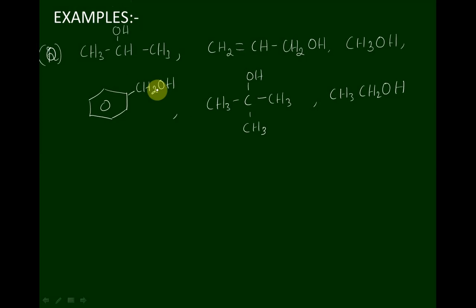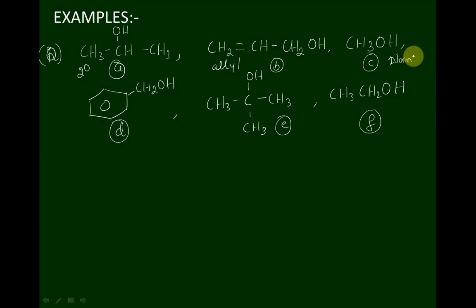Got it? I'll represent like this. This is A, this is B, C, D, E, F. Total 6 alcohols are there. Identify what type of alcohols. Secondary alcohol, allyl alcohol, normal alcohol, primary alcohol, tertiary alcohol,